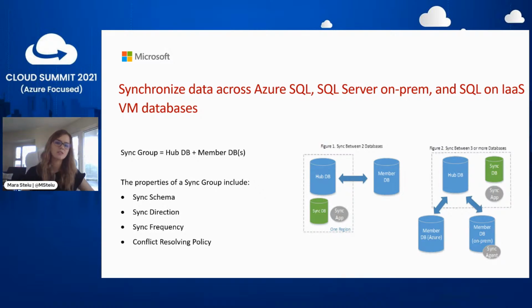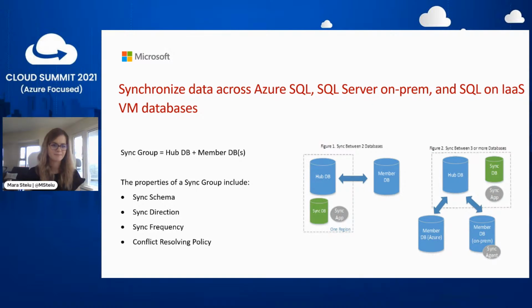So there are some key concepts and properties for sync groups. So first you have the sync schema, which specifies what are the tables that will be synchronized within a database. Then you can choose the sync direction. So whether you want a one-way replication or bidirectional, so the sync can happen from member to hub, hub to member, or both. So what's very important is to recognize that sync has a hub and spoke model. So all the changes from the members get to the other members by first going through the hub. So that's how